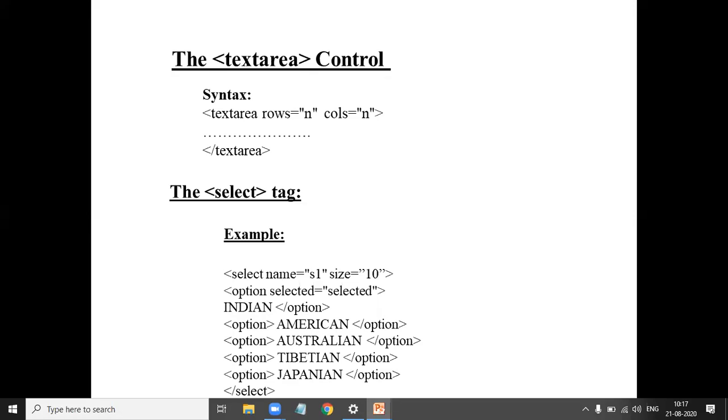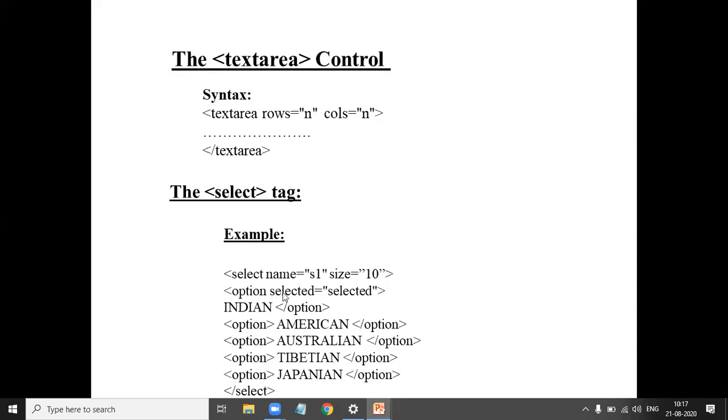So here is an example of the select tag.